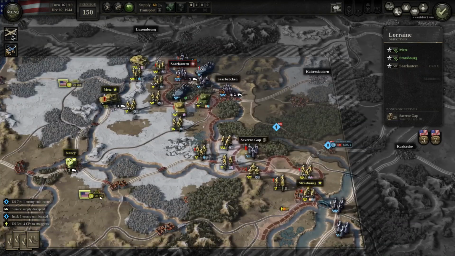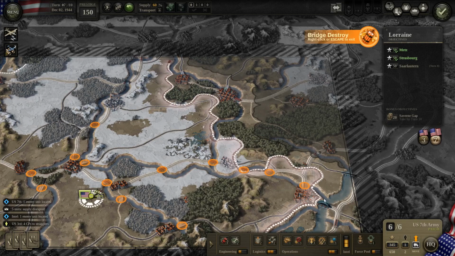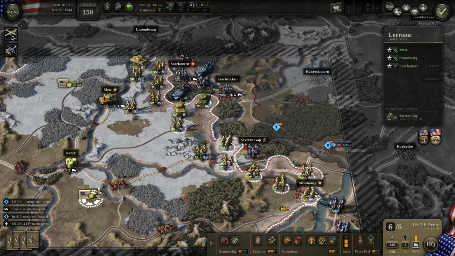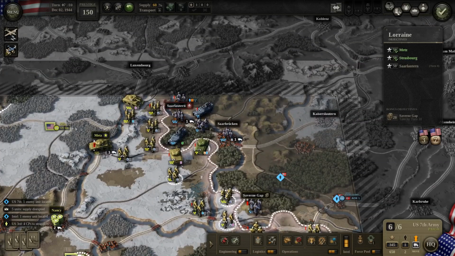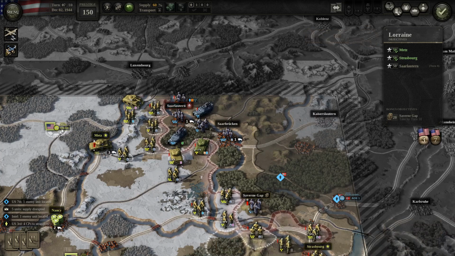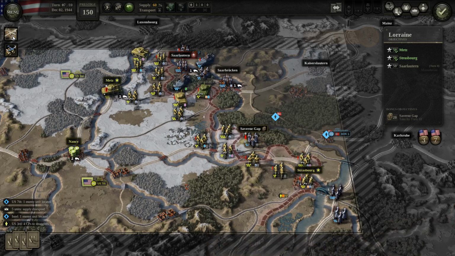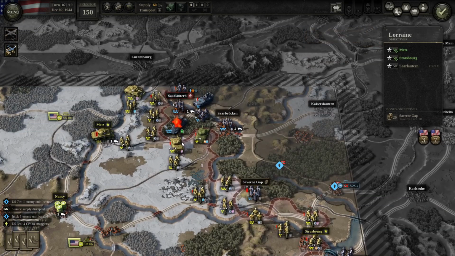For security reasons, I'm tempted to just blow this bridge. I guess I can't. I guess major rail bridges you can't just blow. Are there any bridges we need to repair? Yes. Alright, the 2 bridges at Metz are repaired. Meanwhile, this mechanized troop here...